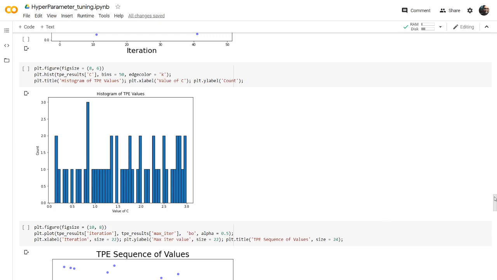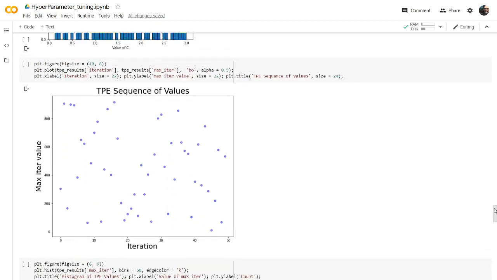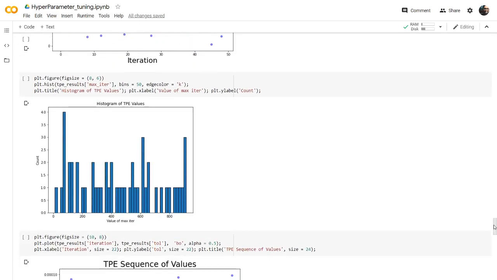And if we also visualize max number of iterations, you can see here also, as you go on the iteration values, it is mostly concentrated below 400 or around 350 or something like that. At the starting of the iterations, all the values are spread randomly, and when the iterations are increasing, it concentrated on a few areas, like this is one area, this is one area, this is one area. Like that it will be working. If we also see the histogram plots, the same will be seen.